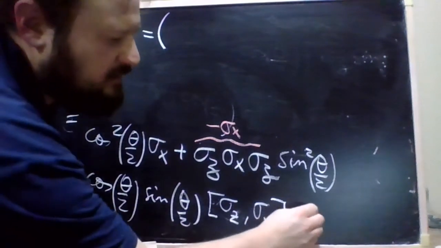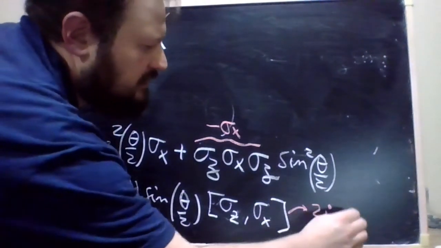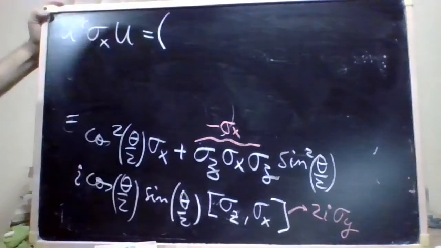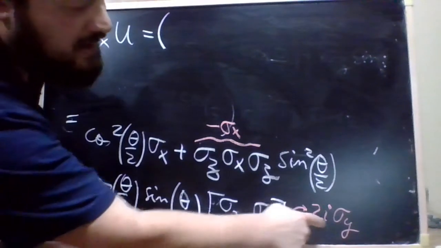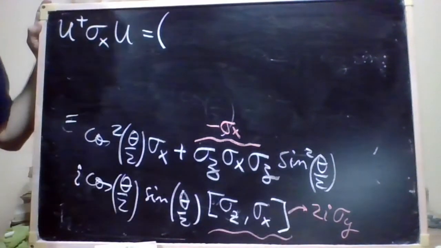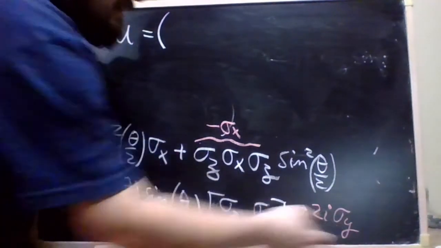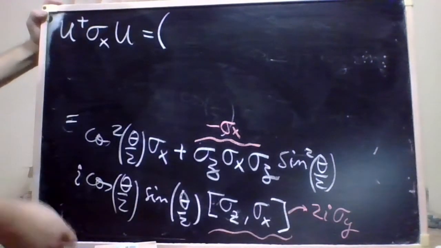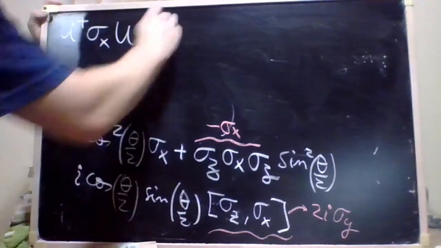And this commutator here produces twice the imaginary unit sigma of y, and therefore we have sigma x can be put